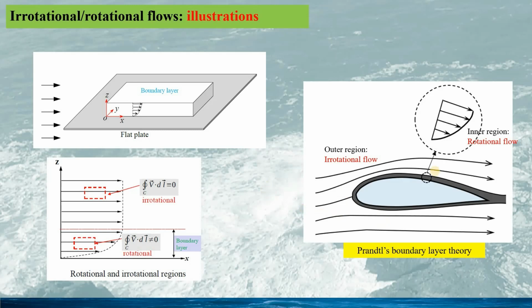And for the thin boundary layer, the simplified Navier-Stokes equation can be solved. As such, we can combine the irrotational and the rotational flow together to solve the practical problem of the flow past the airfoil. So at a small angle of attack for the airfoil, the wake would be very thin, as seen in this plot. However, when the angle of attack is large and the flow would separate on the upper surface, thus leave a large wake behind the airfoil, and such a problem would become very complicated.